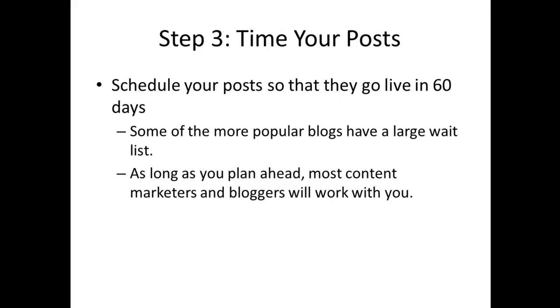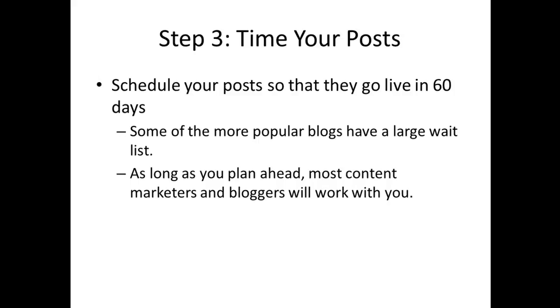Step 3 is to time your post. You want all of your posts to get published on the exact same day. So here's how you do that. When you're emailing the content marketer, the blogger, the editor of a popular blog, make sure that you tell them that you want the post to go live on a specific date. But that specific date should be 60 days out at least. So about 2 months from the time you submit the blog post is when you want that post to get